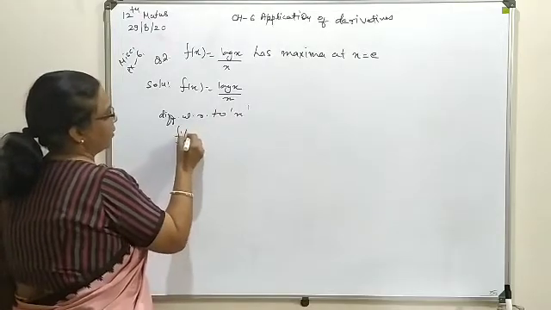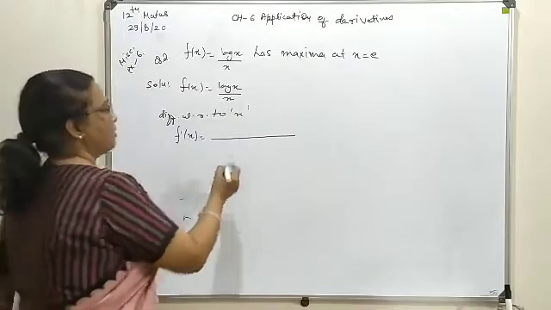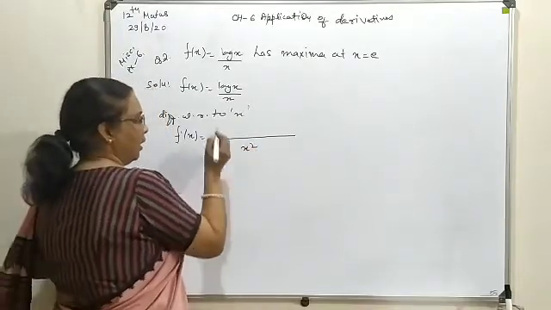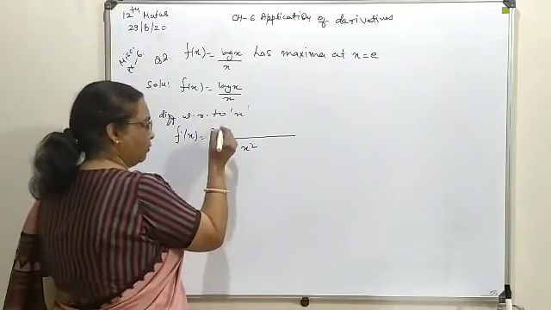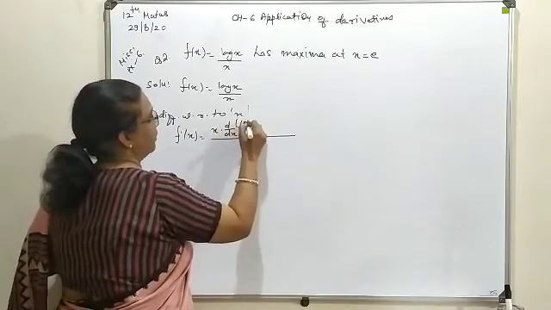So your f dash x, as we are implementing the f by g form, is g square in the denominator, keeping your g over here, differentiation of log x. That method everybody is clear about,